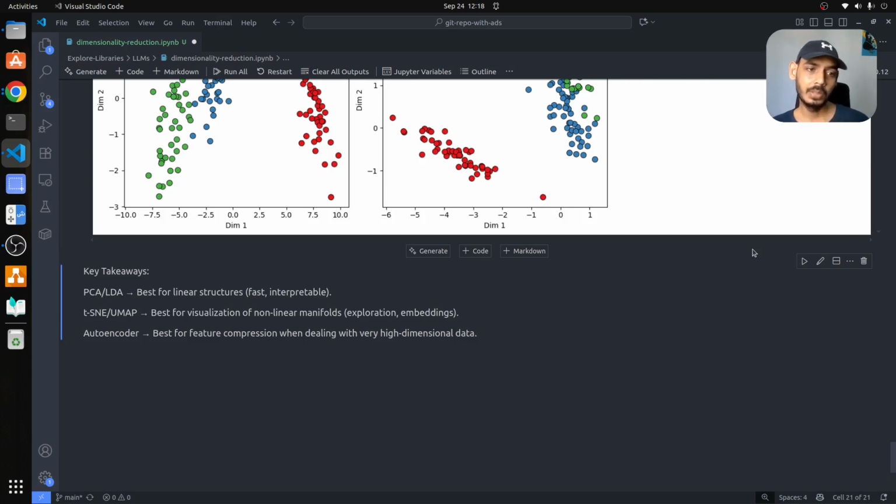And when it comes to tSNE and UMAP, they are best for visualization when you have a non-linear relationship in the data, for exploration and embeddings. And autoencoder is for feature compression. When you have large high dimensional data, you can compress that into a lower dimension, as we saw earlier, like 4 dimension to 2 dimension with the bottleneck layer. So that's where